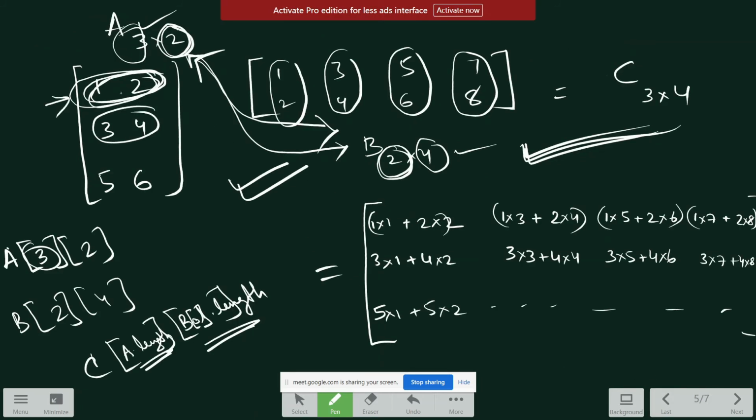Are you not keeping this row constant for this entire traversal? 1 into 1 plus 2 into 2, 1 into 3 plus 2 into 4, 1 into 5 plus 2 into 6, 1 into 7 plus 2 into 8. For each and every iteration, this row is constant, right? This row is constant. So this row has to be outer. This row number is constant, 0. Again, this column number is iterating 0, 1, 0, 1, 0, 1, 0, 1, but this row has to be outer. Got it? So 1 into 1 plus 2 into 2, 1 into 3 plus 2 into 4, 1 into 5 plus 2 into 6, 1 into 7 plus 2 into 8. Now see,